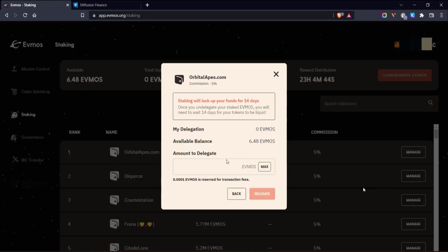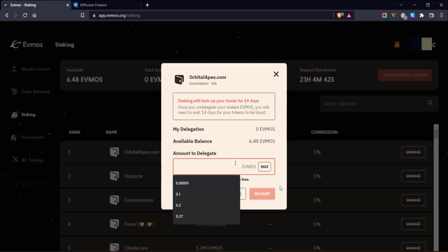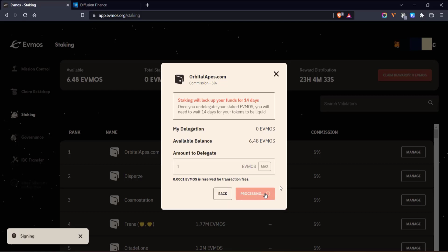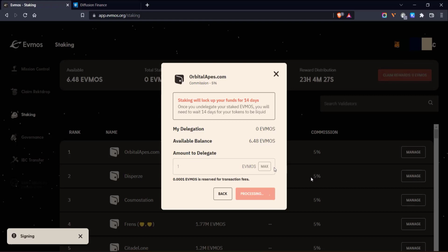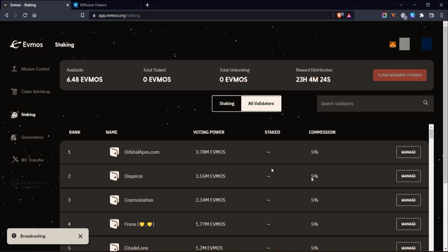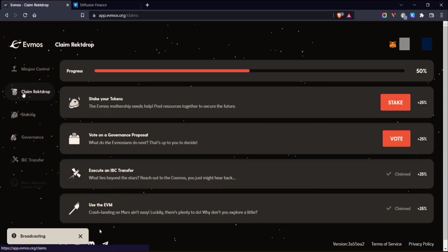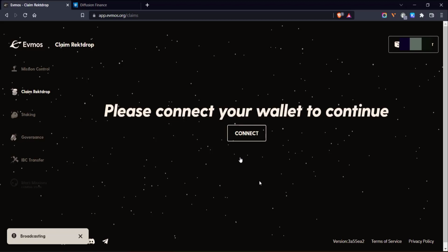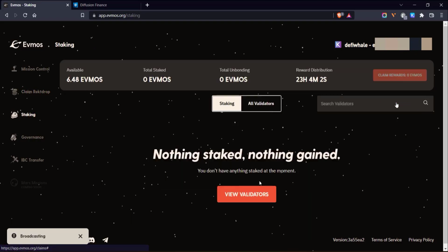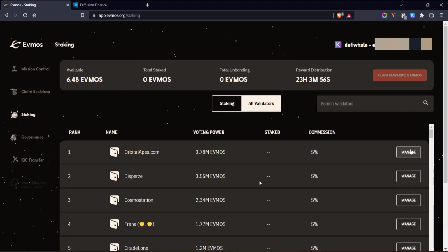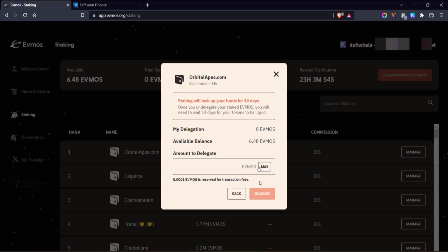Just click on manage on any of these validators and type the amount. If you are using Metamask on the Evmos website, then you need to sign this. In most cases the transaction will be broadcasted, but sometimes it isn't confirmed on the blockchain. If you face this problem, just go back and click on address and disconnect your wallet and use the Keplr wallet for doing this. Connect your Keplr wallet, then click again on stake, click on view validators, then click any of these and type the amount